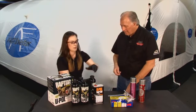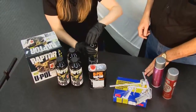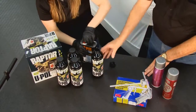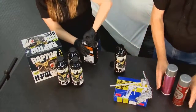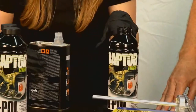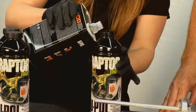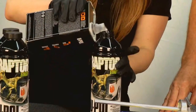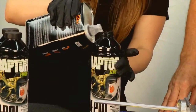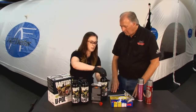Good point. So the first thing you're going to do, the kit comes with 4 bottles and 1 liter of hardener. You're going to remove the lid from the bottle, get your hardener. Okay, I'll get this out here. And you want to look inside your bottle and put the hardener into the first ridge. The mistake a lot of people make is that they just don't add enough hardener. And you can see where it's going in right now, so not a problem. Okay, looks like you got it right there. Once that's done, put the cap back on